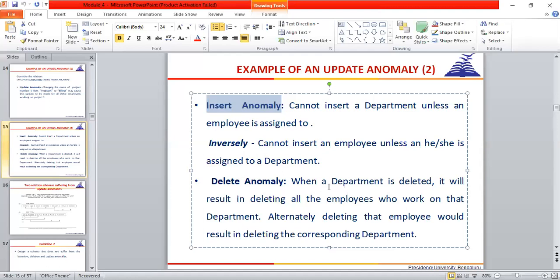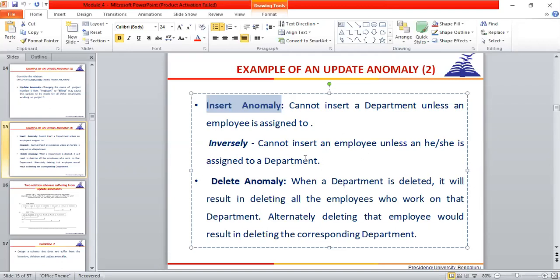Similarly, what is deletion anomaly? When a department is deleted, for example, no students are coming for admission. Let IT, information technology, they want to close that department. If they want to close the department, then ultimately in that table they remove the department number, and however many employees are assigned to it also automatically have to be deleted. But the employees have not resigned, they moved to some other department. But in that table, you cannot add, delete or update until the dependent attribute is also added. So these are the problems if you are keeping many pieces of information in one table.